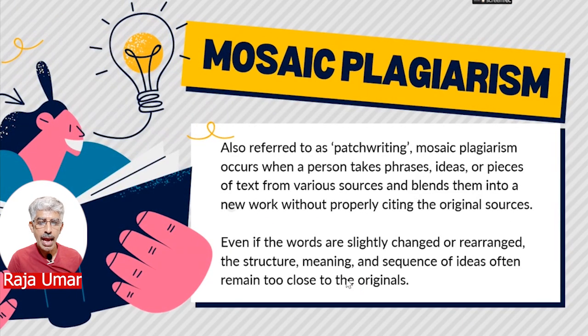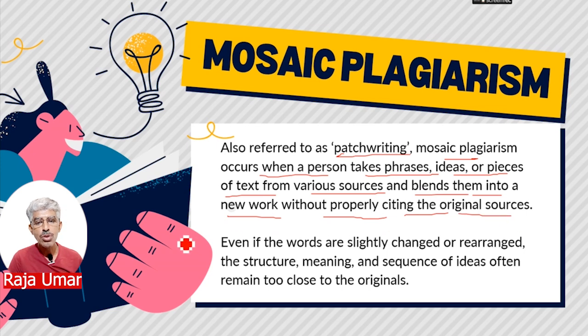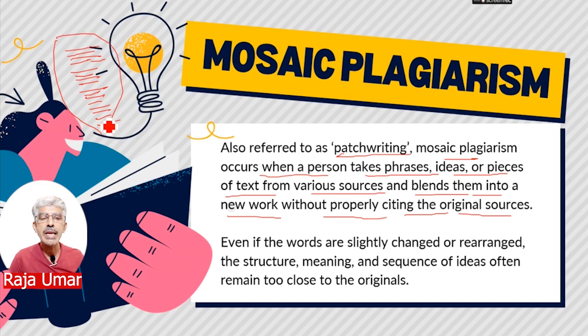Mosaic plagiarism, also referred to as patch writing, occurs when a person takes phrases, ideas, or pieces of text from various sources and blends them into a new work without properly citing the original sources. So one sentence is taken from a newspaper, another from a magazine, a third from a book, and a fourth from an online site, and this whole paragraph is considered the student's own work, but it was taken from multiple sources without giving references to them. This is known as mosaic plagiarism,